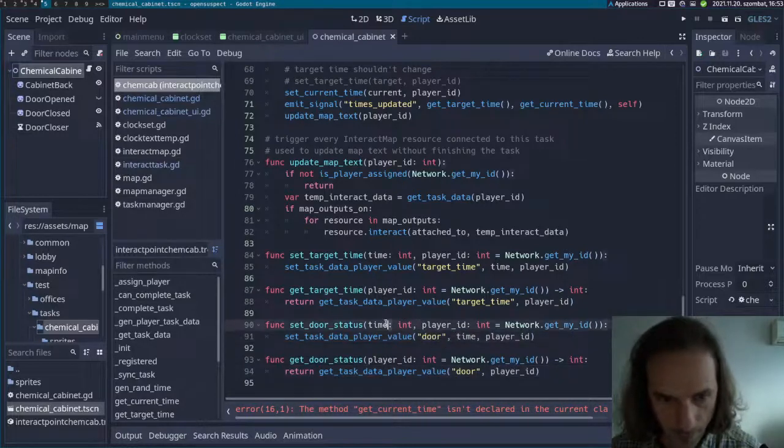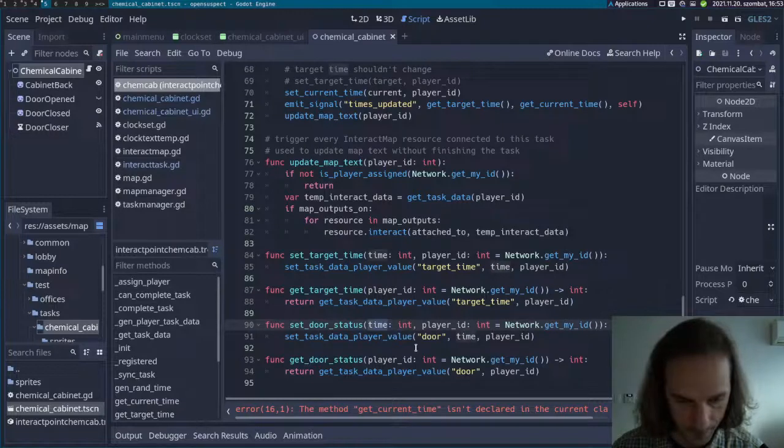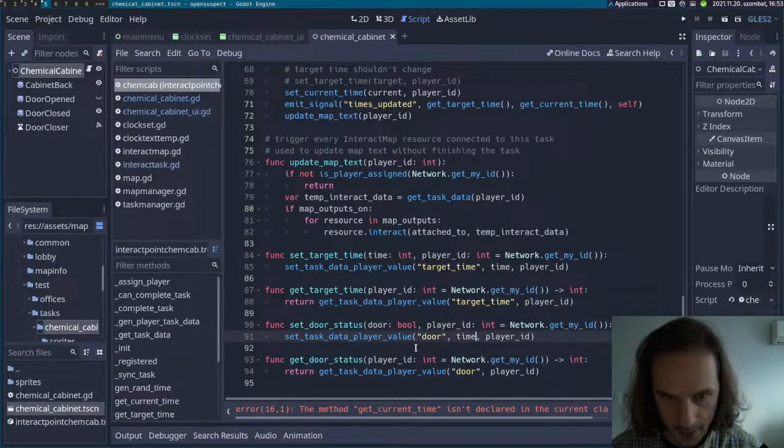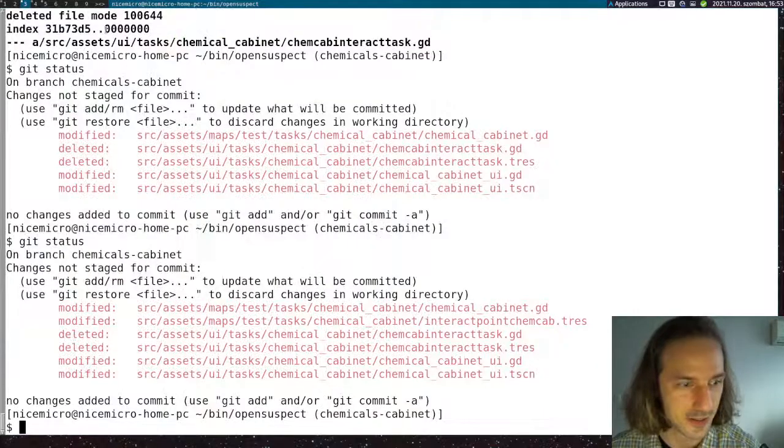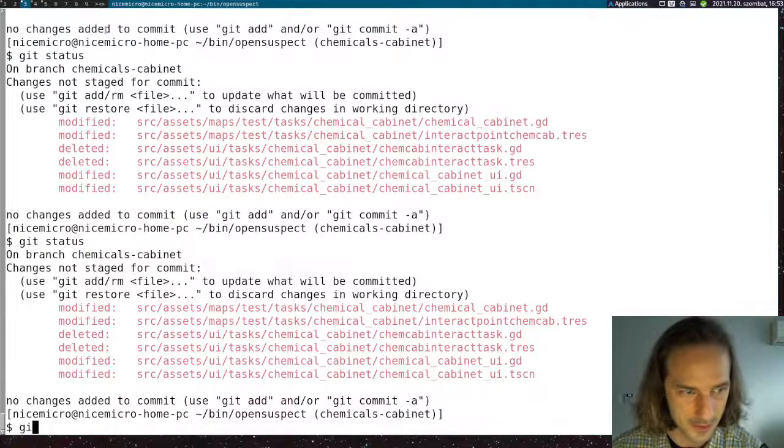And now it's working. Okay, now if I save it again and I say git diff